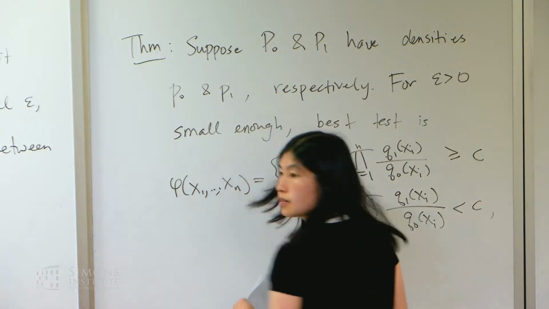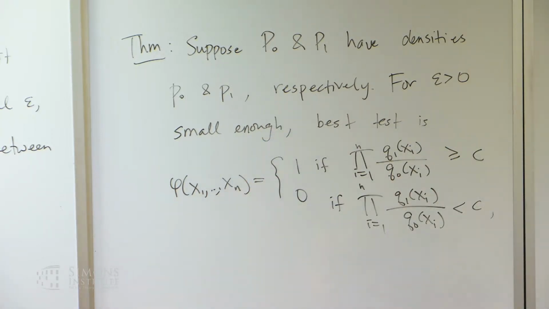Are Q0 and Q1 data independent, fixed in advance, or do they...? Yeah, they depend just on the distributions. I mean, if you want, I can write down the form of them. It's not too hard to write down.